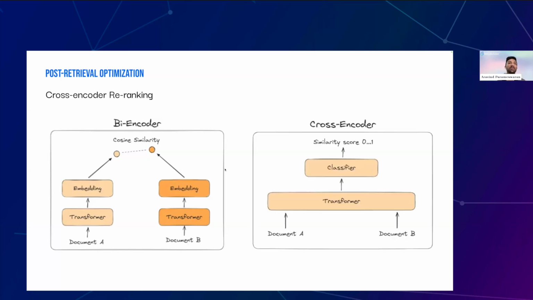The flip side to this is the cross-encoder approach. With a cross-encoder, you send the query as well as the document together to the model, where it performs a classification to identify if these two documents are similar or not. And that method allows you to preserve a lot of